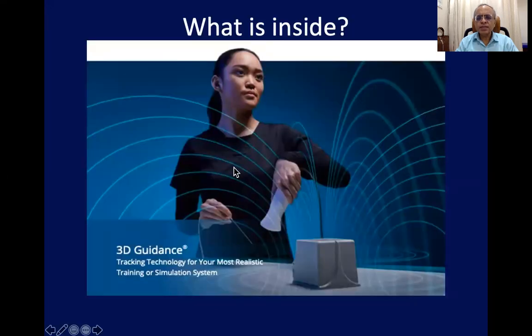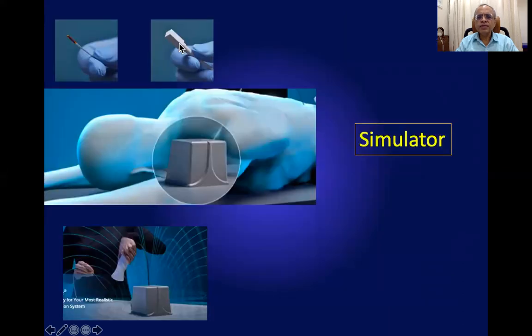So what is there inside the mannequin? Actually, inside the mannequin, it is all hollow, and there is a transmitter which creates a magnetic field. And then there are sensors inside the probe, which are located by the electronic unit. These sensors are coils which enter the magnetic field inside the torso of the mannequin.